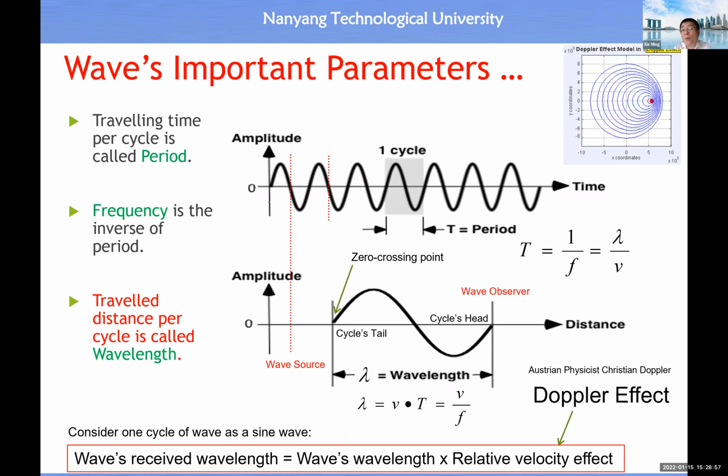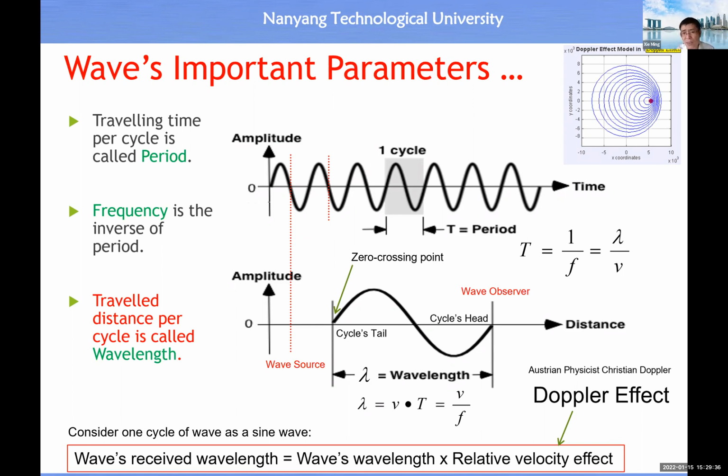Then from this formula, wavelength equals velocity divided by f. This velocity is the velocity of this vibration with respect to the source, because this velocity is unchanged. It's easier to understand that the traveling velocity in the vertical direction will not be affected by the motion in the horizontal direction. So you will see the wave will complete one cycle, regardless of what the relative velocity between source and observer is. It's easier to know.